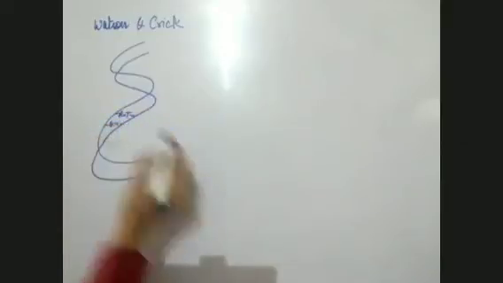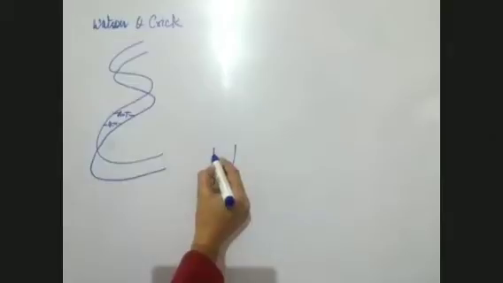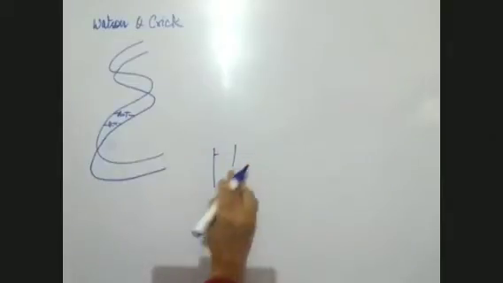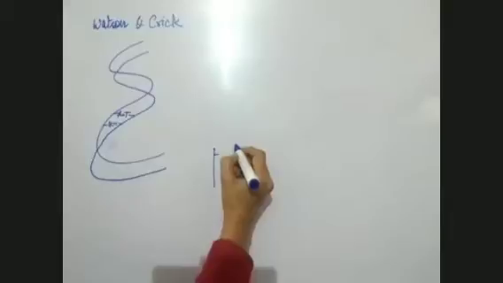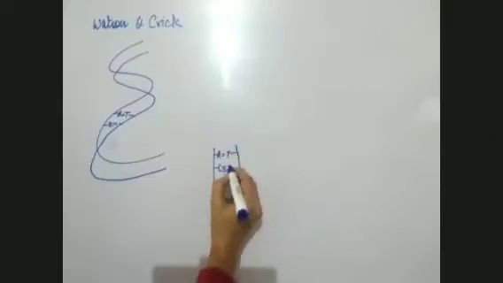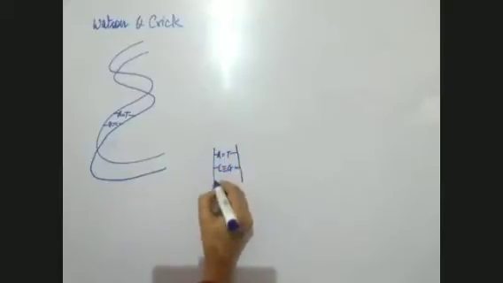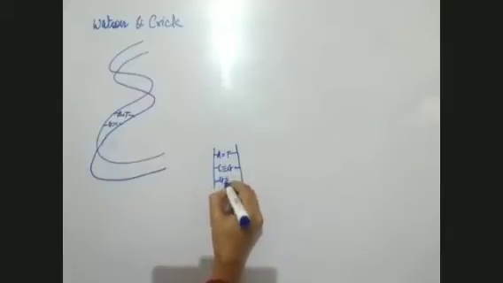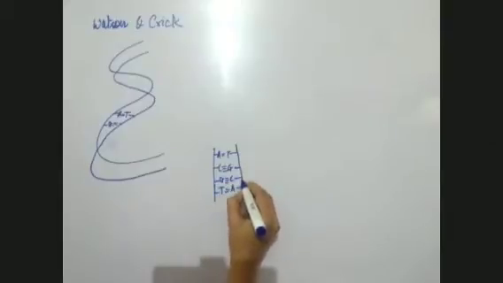You can see in between both the strands, centrally, what do we have? Suppose for your convenience, I make the strands like this. What do we have in the center? We have adenine with a double bond with thymine. They can be in any sequence. It's not that first we will have adenine, thymine, then C and G. They can be in any sequence in any organism. This is just an example which I'm giving you. So they are connected like this with double and triple bonds.